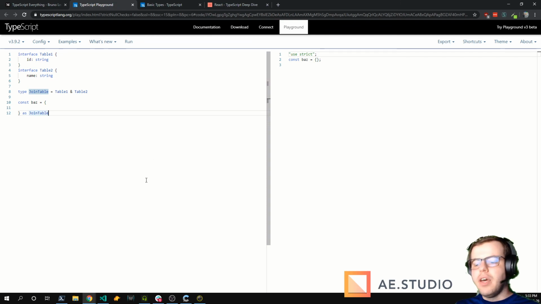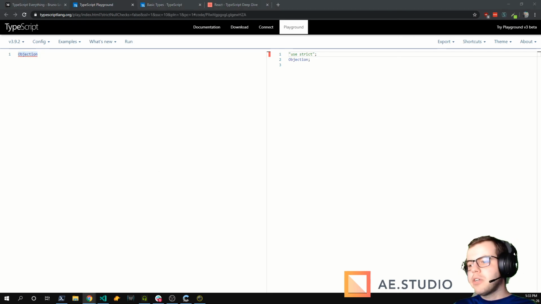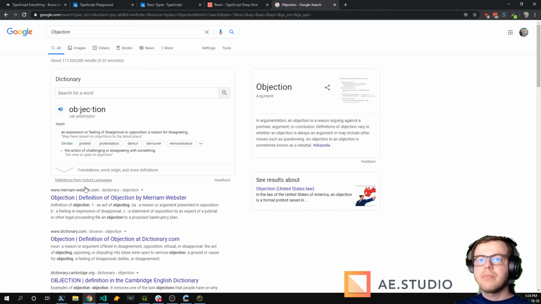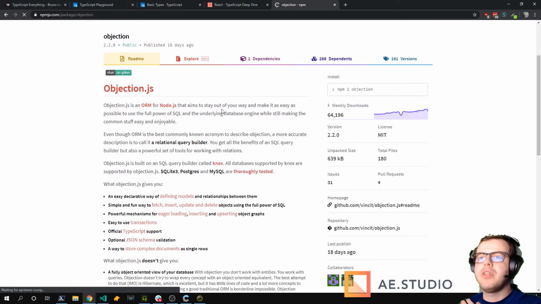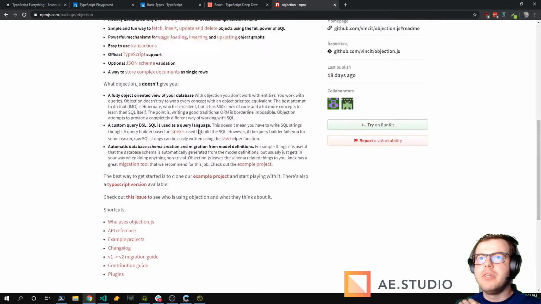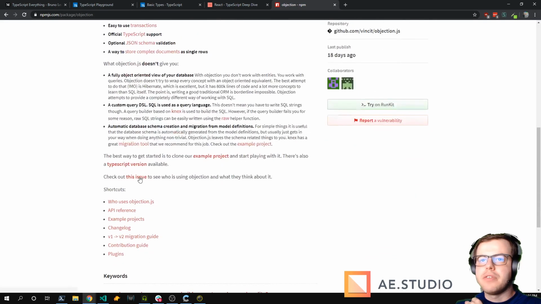But if you're using Knex and you really want types, maybe it would be better to use Objection. So Objection is a wrapper for Knex that works with types. So in Objection, you have one class for each table, but it does support joining things and a lot of things.